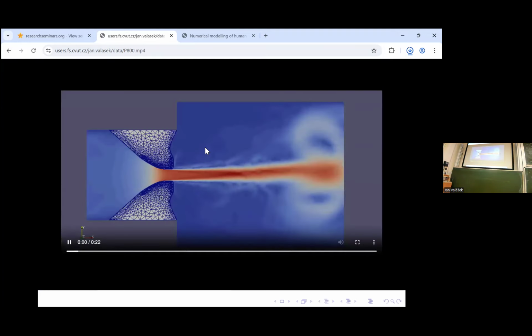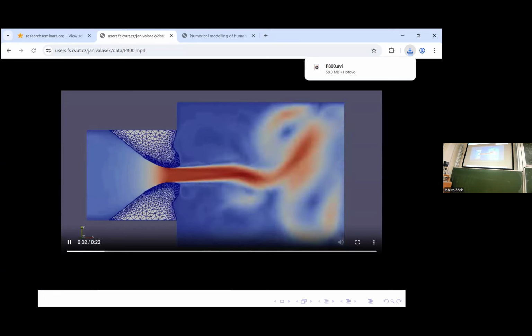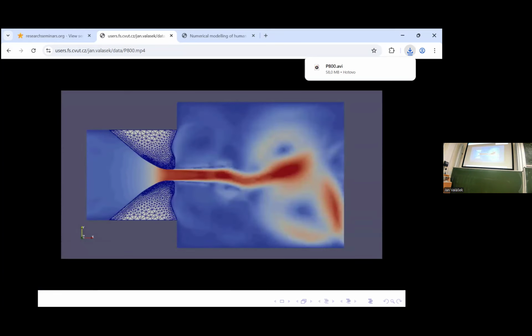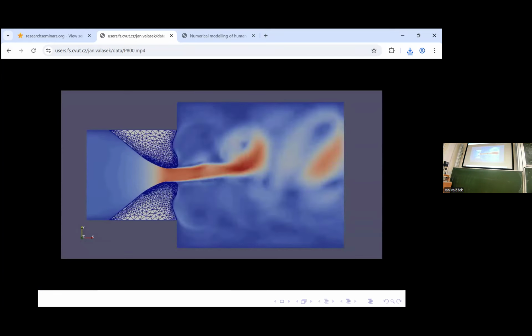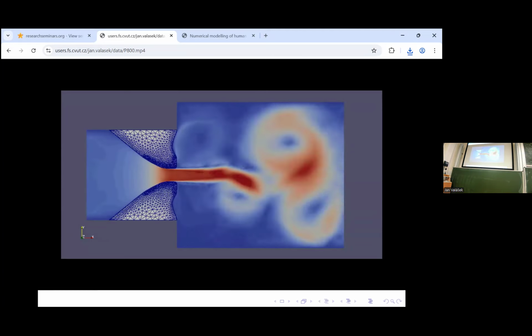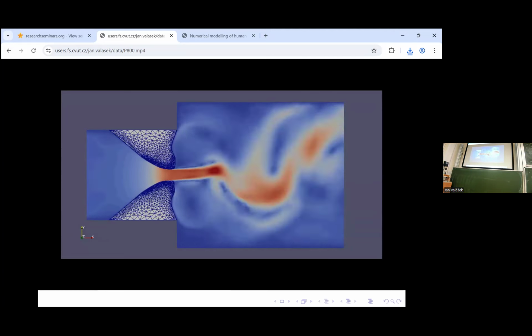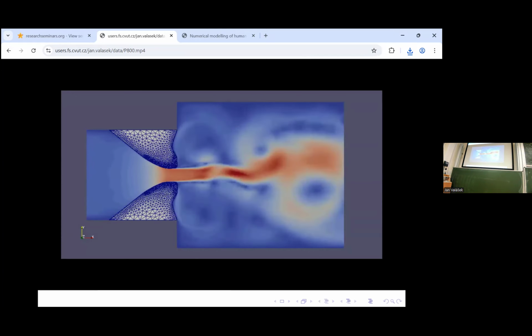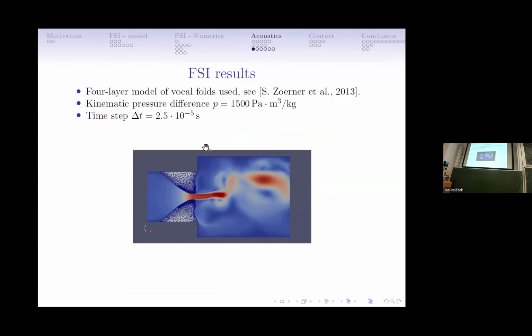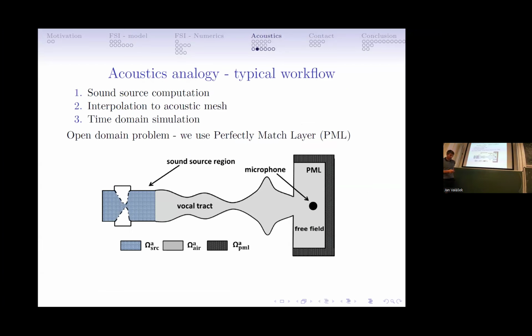About this motion, there was some older one, but based on this older one, I then perform the aeroacoustic computation. So here, how the aeroacoustic computation is done, basically, I compute the